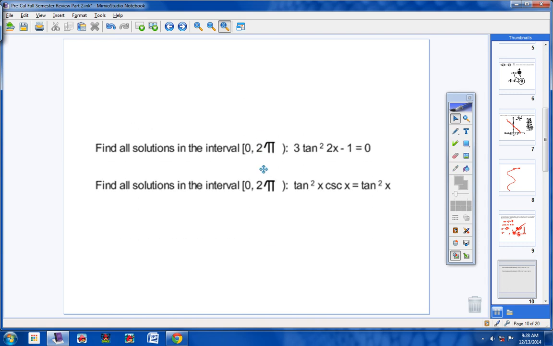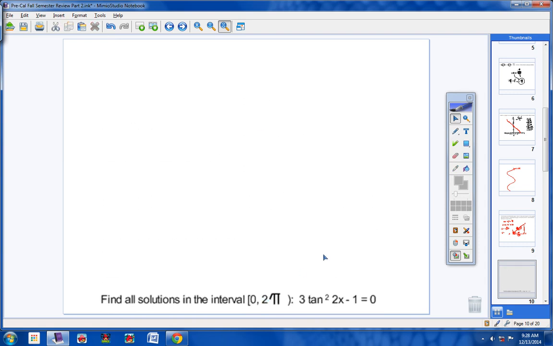Alright, we're going to solve two equations so we don't get confused here. I'm going to grab this and drag it down here so that's all that you see. Okay, so we're going to start off with this one first. You've got to know how to solve trig equations on this test, students. Very important. So 3 tangent squared of 2x minus 1 equals 0. Now you're not taking the tangent of this whole thing because there's no parentheses around it. You're taking the tangent of 2x. So we're going to get tangent squared by itself. So we're going to bring the 1 over and make it positive. And then we're going to divide by 3. So you should end up with this right here. Tangent squared